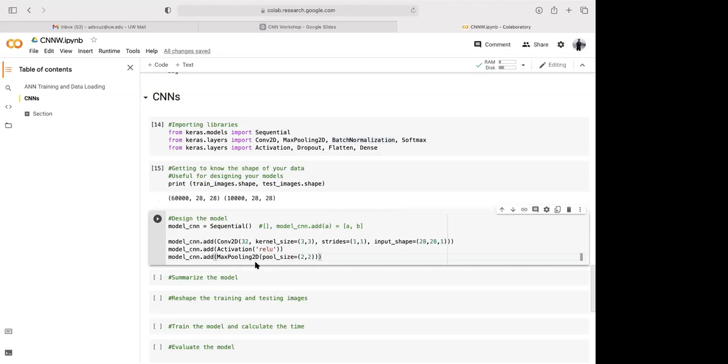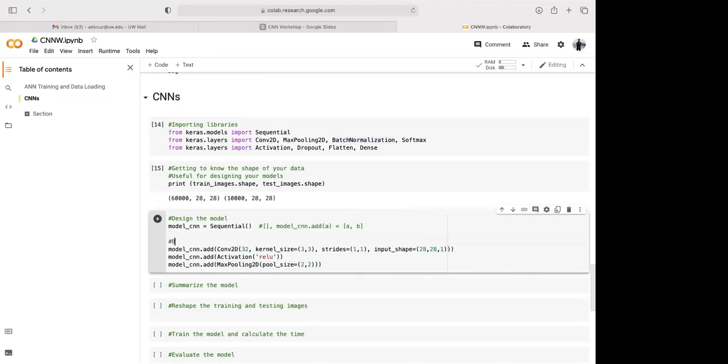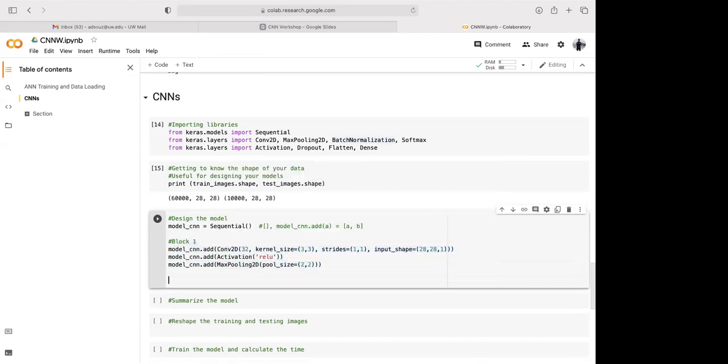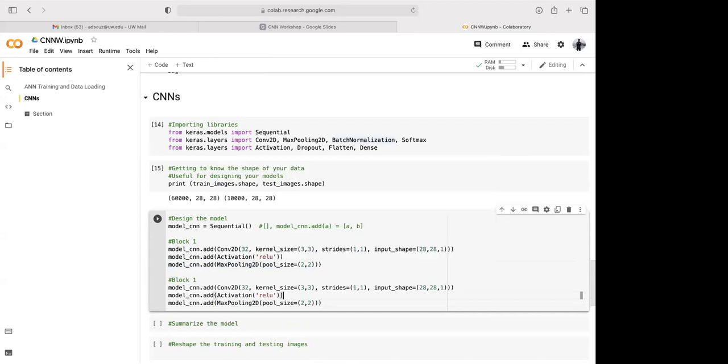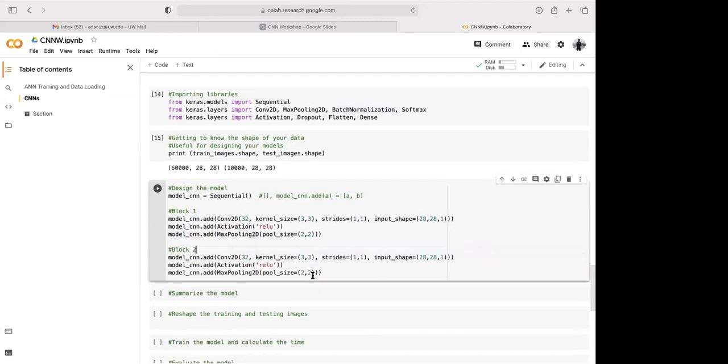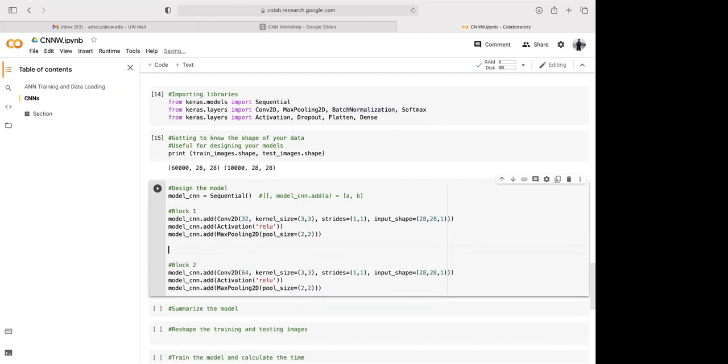And now I'm going to call this block 1, and I'm simply going to copy this. For now we'll not go deeper because we are not using a GPU, so it might take a lot of time. But let's change 32 to 64. So now what we'll do is we'll first